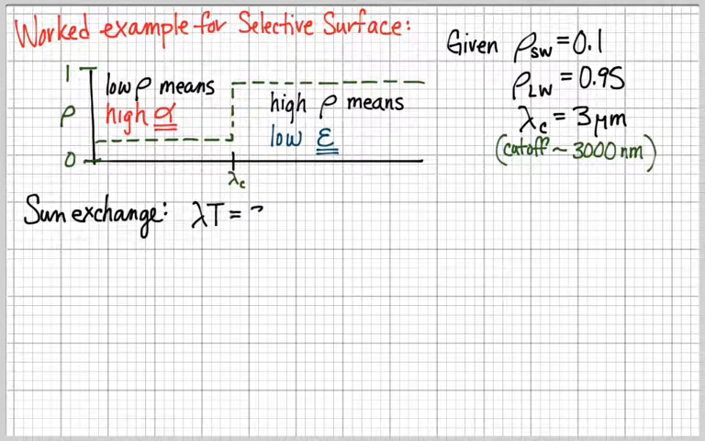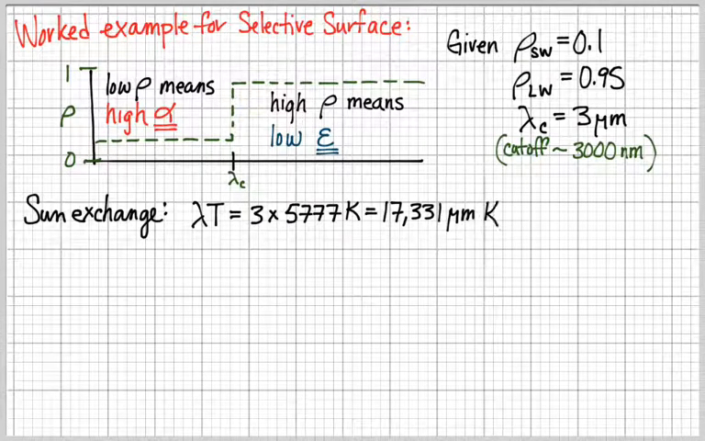So if the sun is beating down on our surface, the sun is approximated as a 5,777 K surface, and I'm going to use that cutoff of 3 micrometers to give me a lambda T value of 17,331 micrometer Kelvin. Remember, that is our integrating factor, lambda T, not just lambda. And so from that, I can find a fraction of 0.979. So essentially, almost all of the energy under that curve is captured from the sun at 3 micrometers,